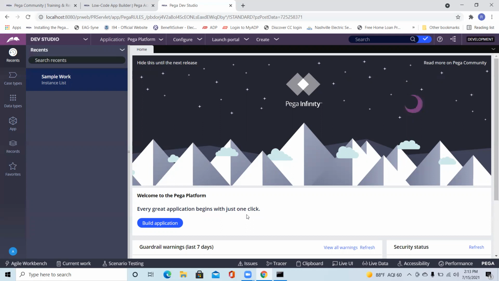Collect the data from the UI from the user. The user will raise the request and submit it. Once submitted, it will go for approval to some department. And once approval is done, we will just register the user.